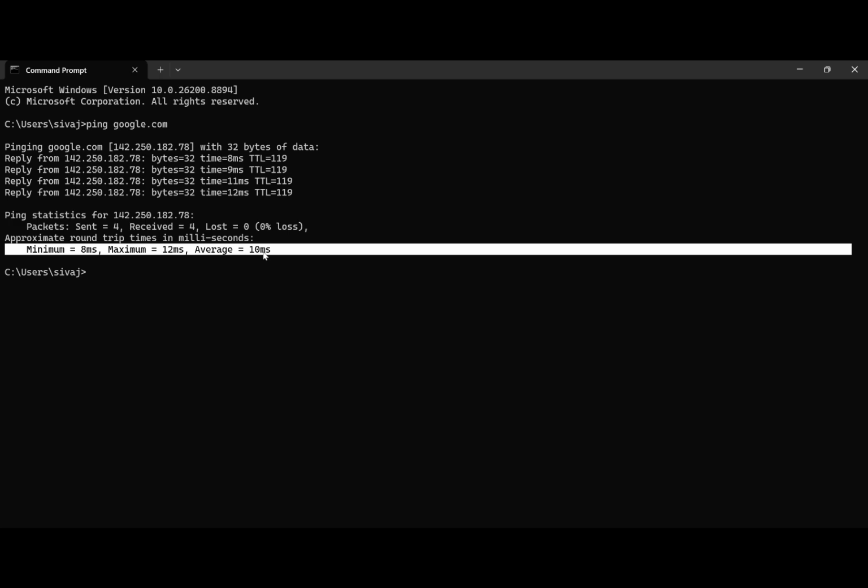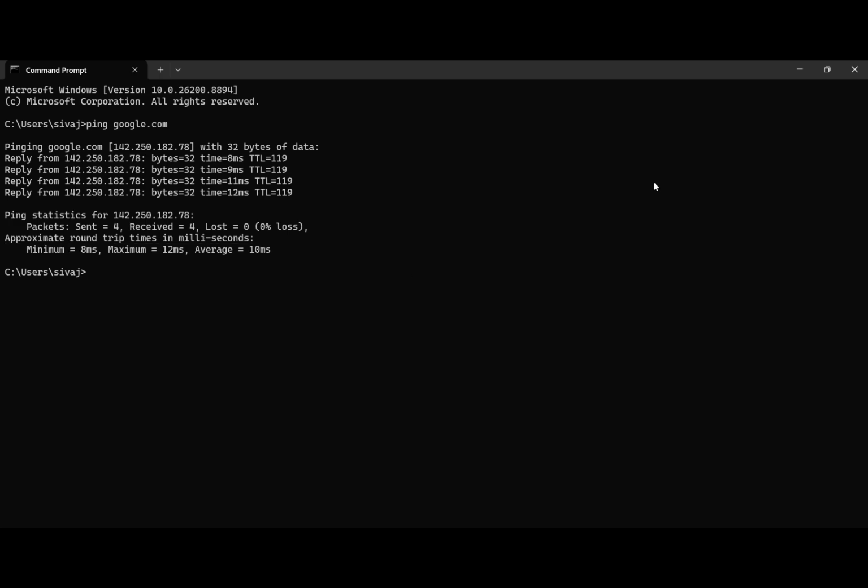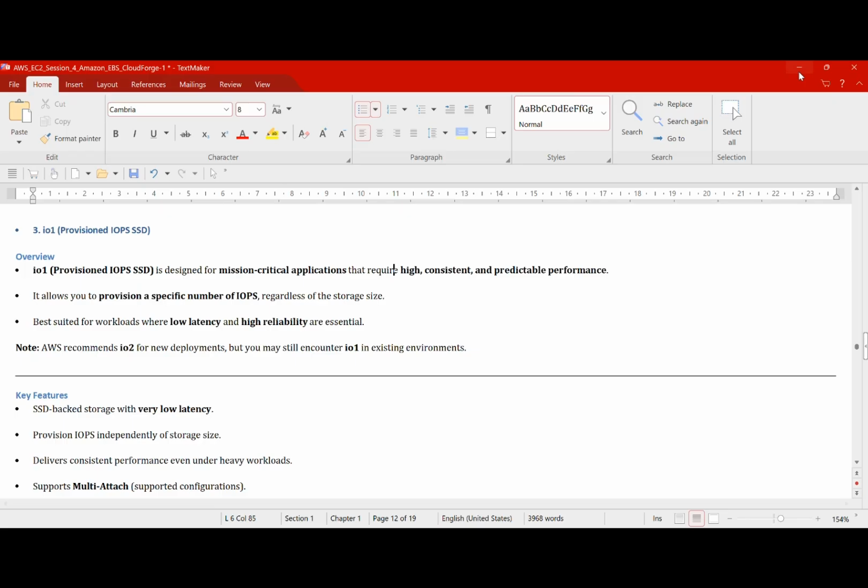Within 10 milliseconds, I am able to reach the Google application. Same way, within how many milliseconds or seconds requests are able to reach your application, this is called latency. So for those low latency applications we can use IO1,